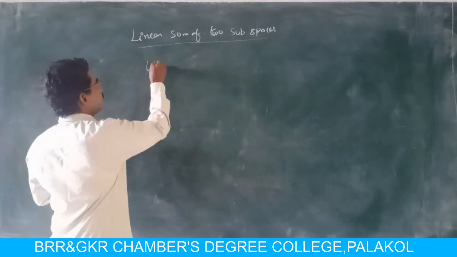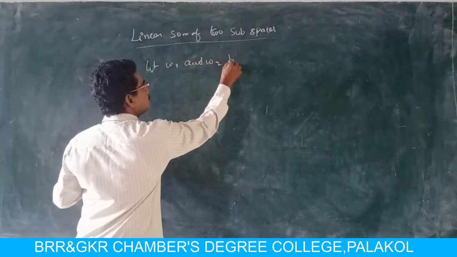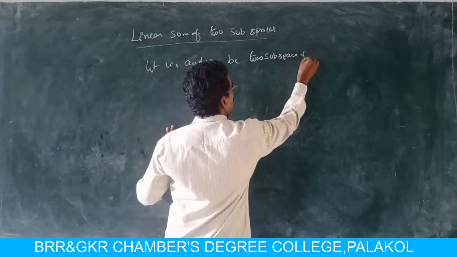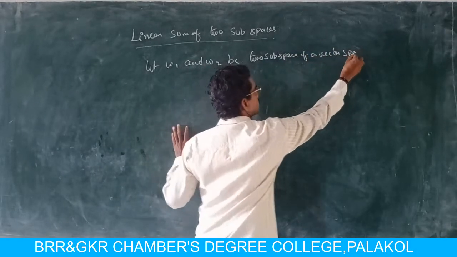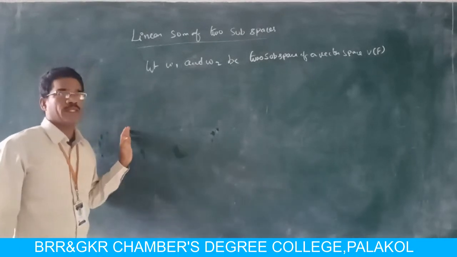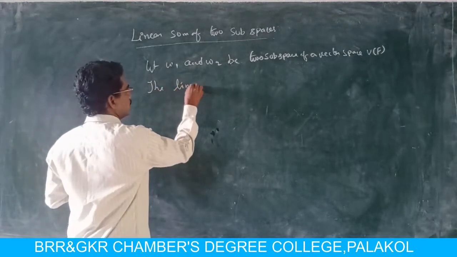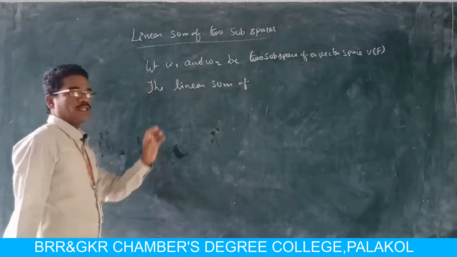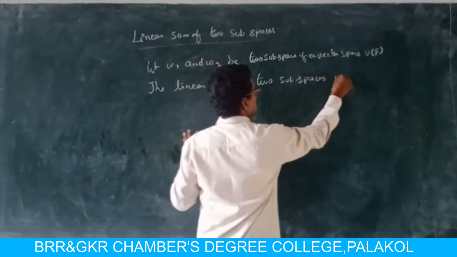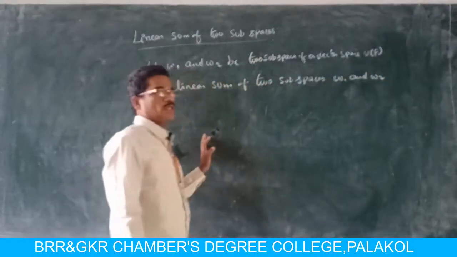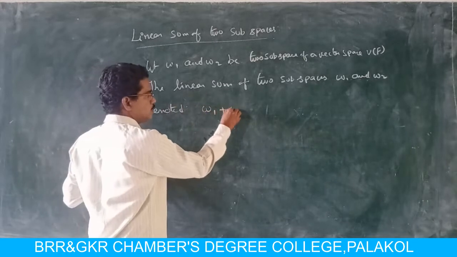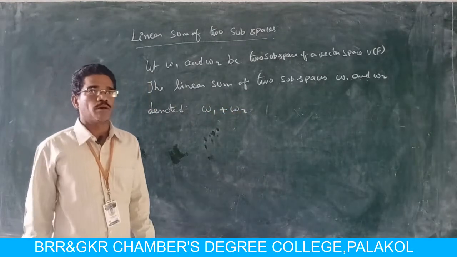So now let W1 and W2 be two subspaces of a vector space V of F. Then the linear sum of two subspaces W1 and W2 is denoted by W1 plus W2. W1 plus W2 is the set of